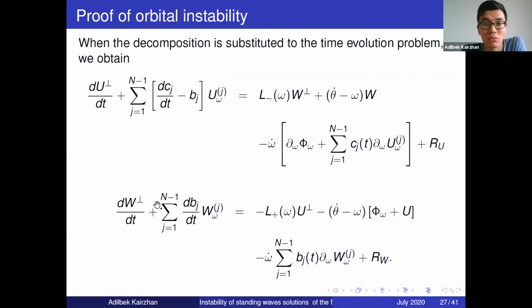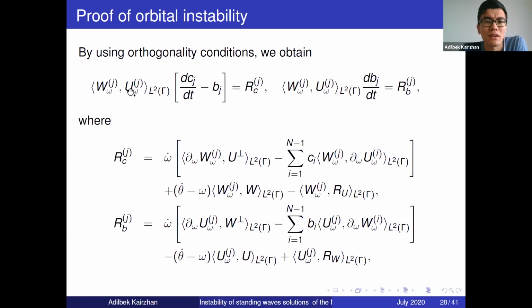Then we apply our orthogonality conditions: the inner product of U perpendicular with each of the Uj's is equal to 0, and the same for W perpendicular. We end up with the following system. We have this thing, and here